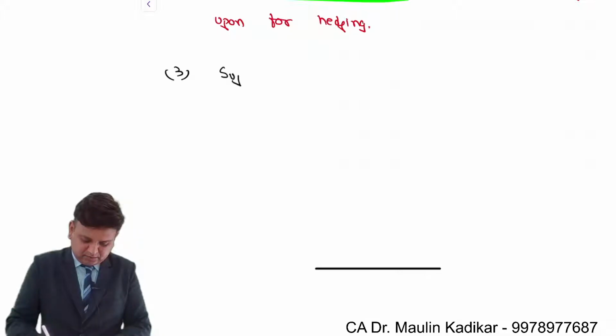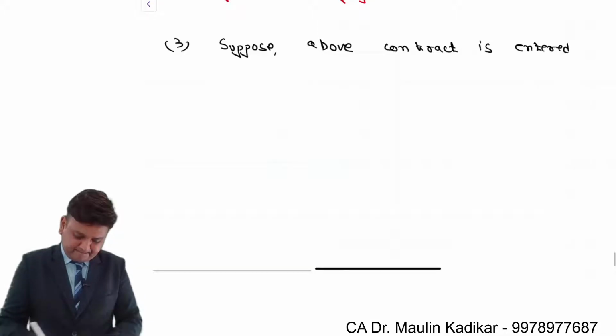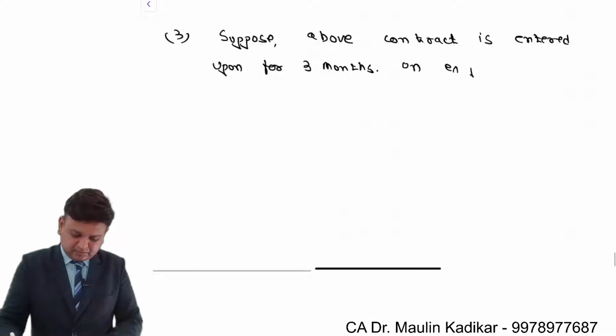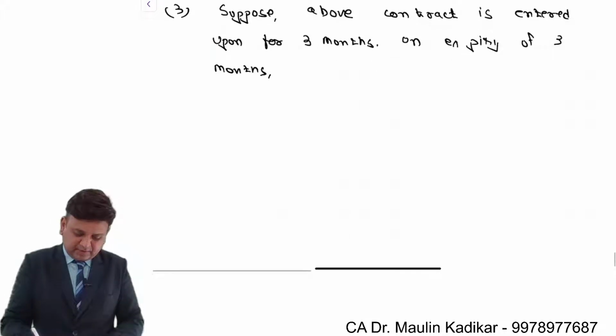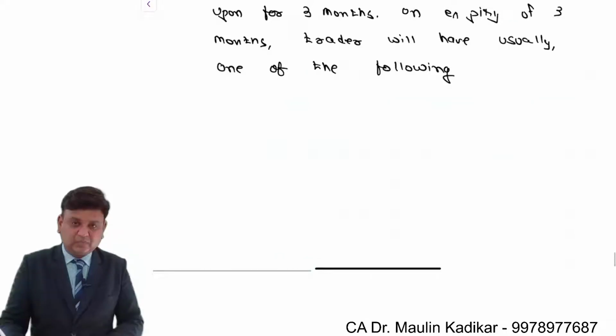Third point, suppose above contract is entered upon for 3 months, full stop. On expiry of 3 months, comma, trader will usually have one of the following positions: